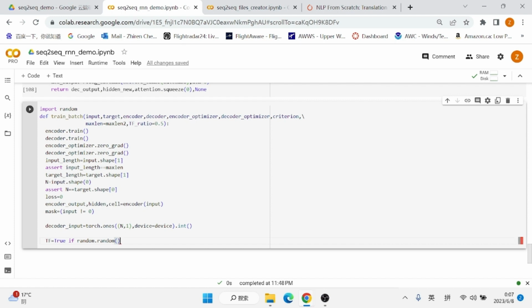If a random number between 0 and 1 is smaller than our teacher forcing ratio,